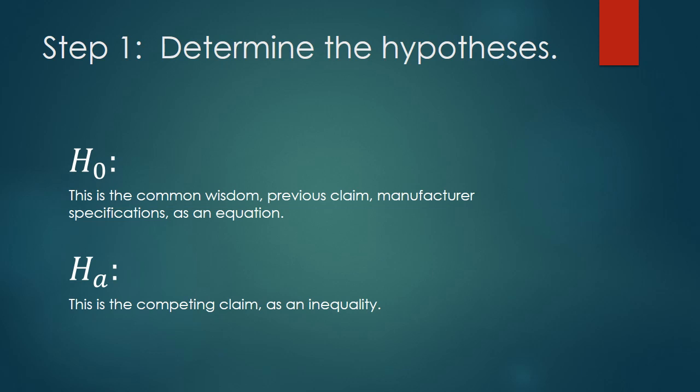So step one, determine the hypotheses. Remember, your null hypothesis is an equation about the population mean that is based on the status quo, the common wisdom, the previous claim that some other researcher found, the design specifications, the manufacturer claim, something that we just assume unless we have reason to believe otherwise. And the alternative hypothesis is the competing claim. This is what we think might be true instead of the null hypothesis, and that is always given as an